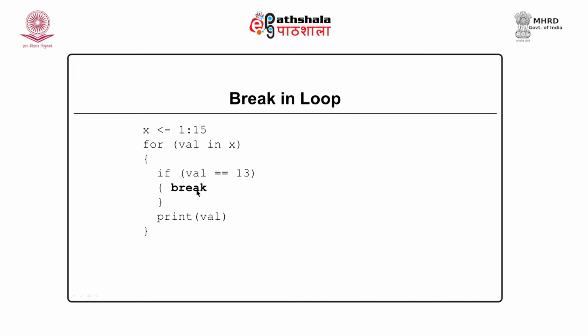There is another notion which is quite different from break, that is next. So, in the next slide, there is the next notion in R. What does this indicate? When the value is 13, it will not be processed and that iteration will be skipped. So, within this loop it will display all values from 1 to 15, but 13 will not be processed. So, the output will contain all values except 13. Next means it will jump to the next value. So, this is how break and next can be used within R.